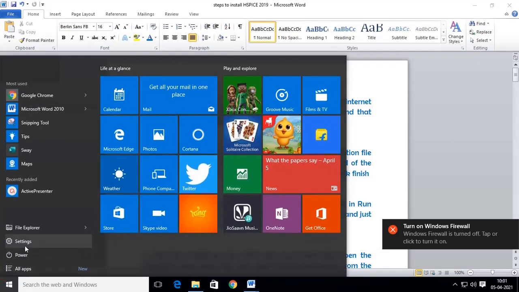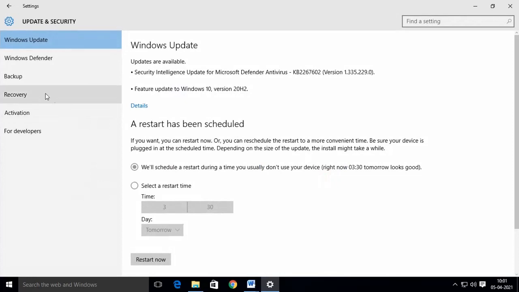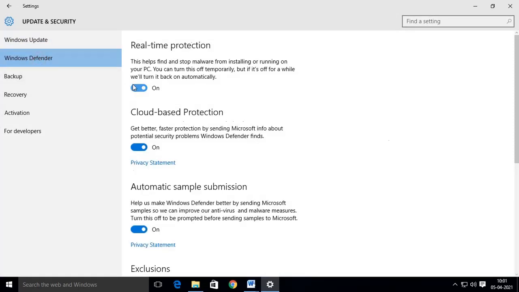And also turn off this real-time protection. Okay, then close that file, close that system.